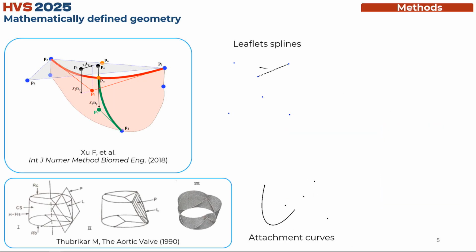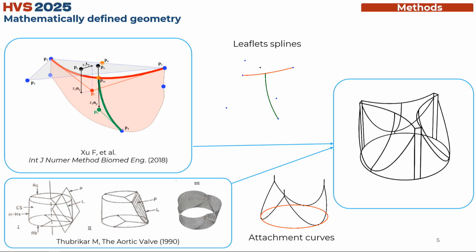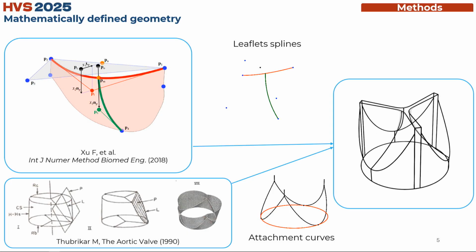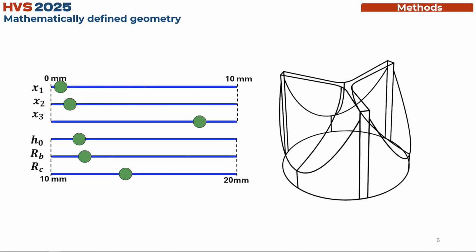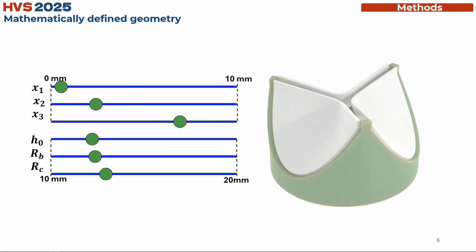In order to create our parametric geometry, we combined a XUERL design with a tubercular design, one for the leaflet and one for the base. This gave us this geometry. We also modified this geometry essentially to bring the leaflet closer. And then by adjusting the parameters, we can easily generate multiple geometries.